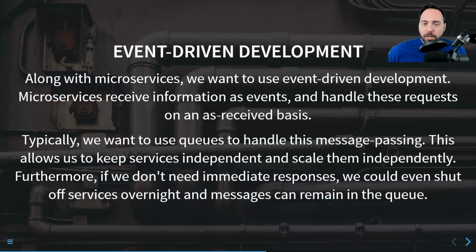And as a result, when that queue is holding your message, if the other service isn't running, it just stays there. And if you don't need that other service to be running 100% of the time, then you can shut it down for a little bit. And okay, every 5 minutes we spin it back up. It takes over, or we spin up some more instances of it and pick messages off of the queue. So that way we can scale these services independently and possibly shut off some of the services periodically to allow other services to use those compute resources.